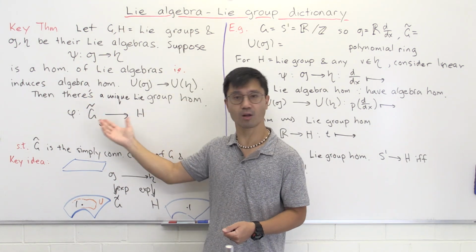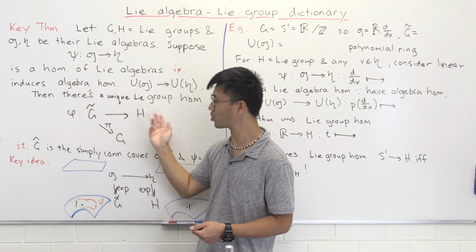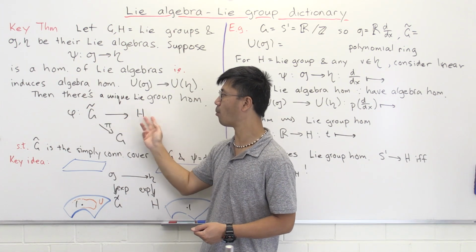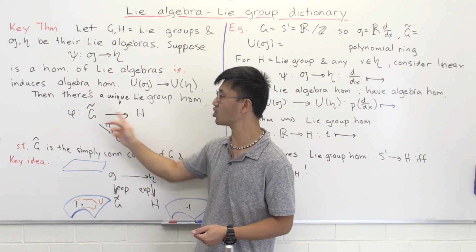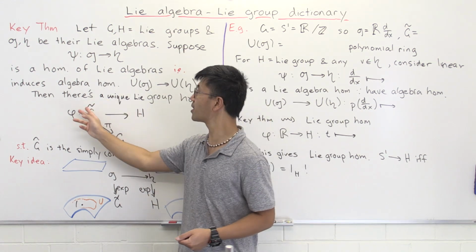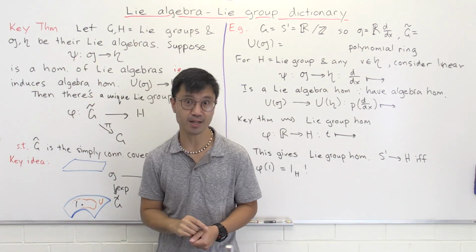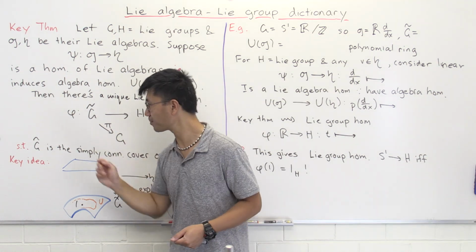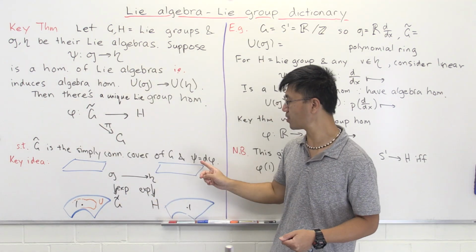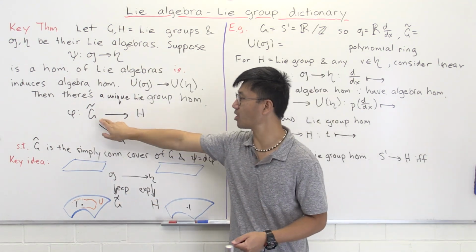Well, of course, you might say, you can always easily construct some Lie group homomorphism from here to here. You just send everything to 1. But of course, this phi is going to be related to this psi in a certain way. And how is that? Well, if you look at the derivative of phi at the identity on G tilde,